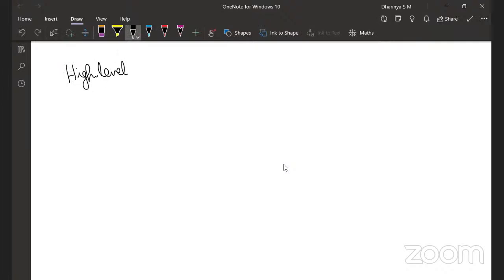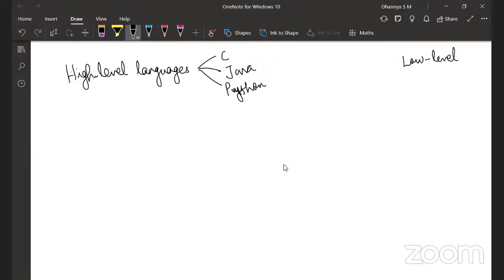People who have good basics in computer science probably would know all these things very well. The languages that I know are like C, C++, Java, Python, right? These are the high-level languages. But these are not directly understandable by the computer. The computer can only understand what we call low-level or machine-level languages, right?